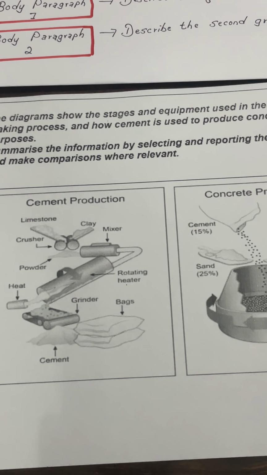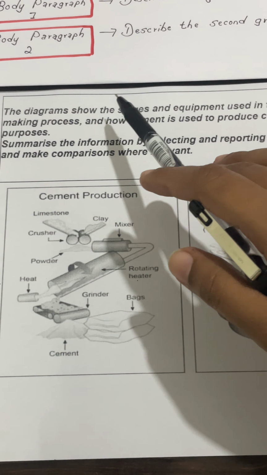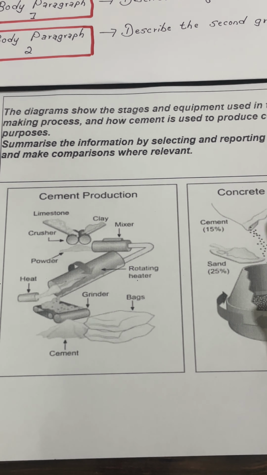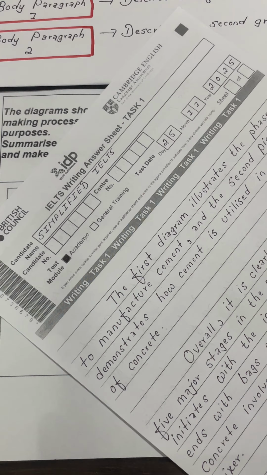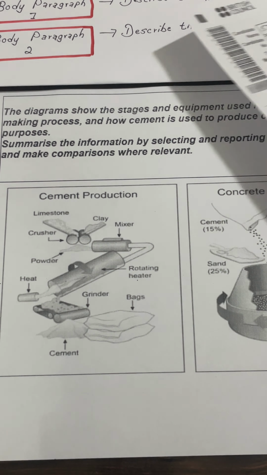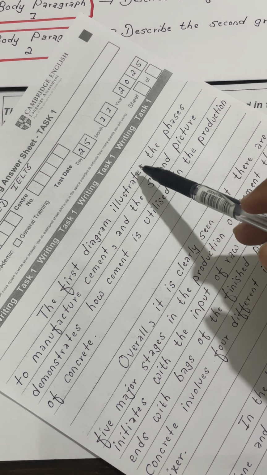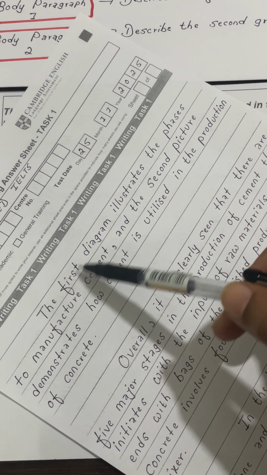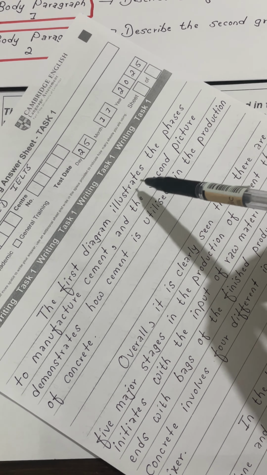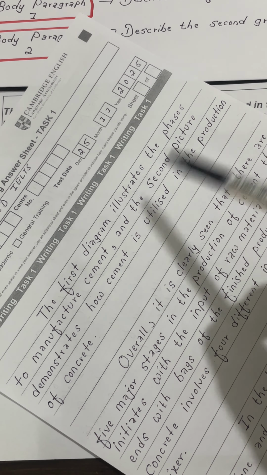First, let's paraphrase the question for the introduction part. The diagram shows the stages and equipment used in the cement making process. For that, I have written the first diagram, because there are two diagrams. So I have written the first diagram illustrates. Now be careful with the singular and plural verb. Here is one diagram, so I have to use illustrates with the s. The phases to manufacture cement